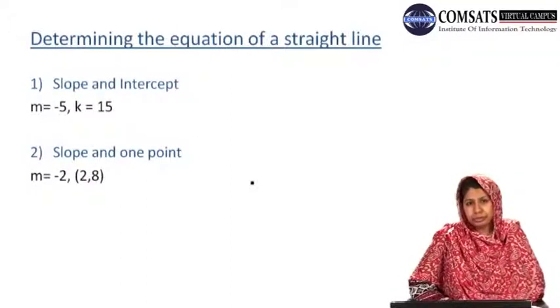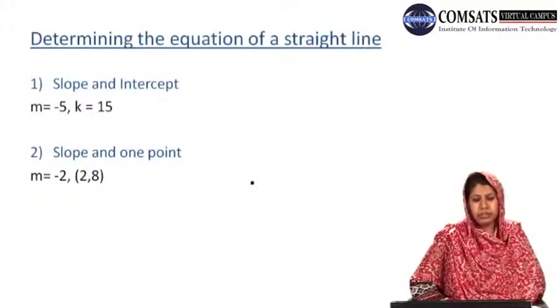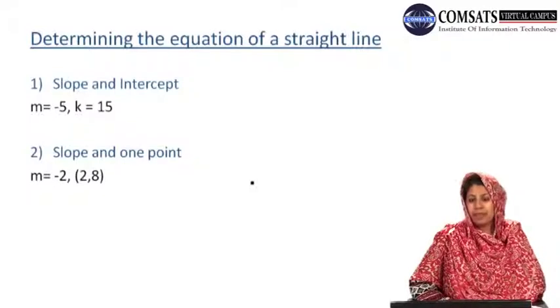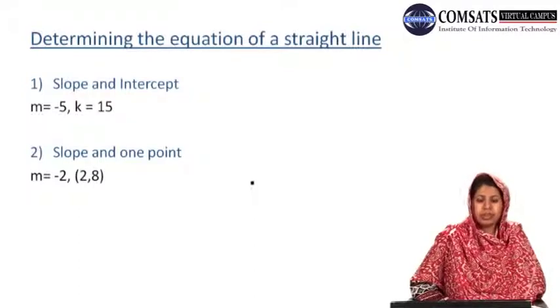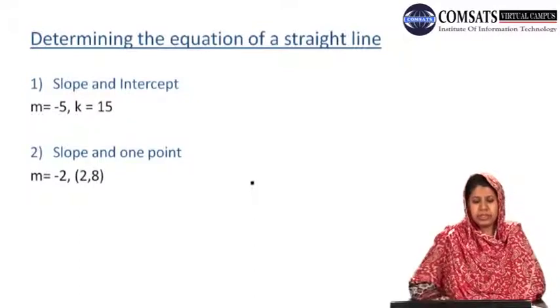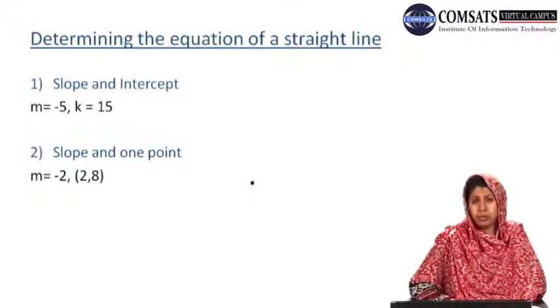We have studied so far slope, intercept in our previous lecture, two-point form, slope intercept form. Now, what we are interested in is finding the equation of a straight line when one or a combination of these pieces of information is given. That is, if we are given the slope and intercept, how can we find the equation of a straight line? If we are given a slope and 1 point, how can we write the equation of a particular line representing this slope and that 1 point passing through the line, and so on.